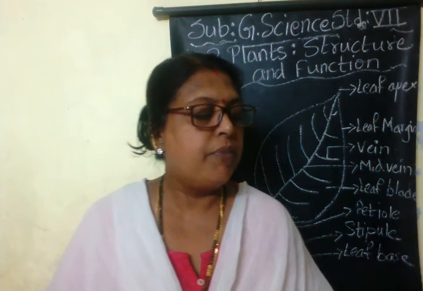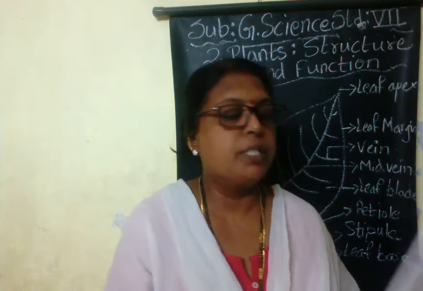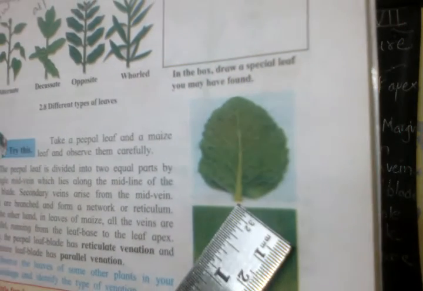Thus the peepal leaf has reticulate venation, whereas maize leaf has parallel venation. You can see, I will show you in the picture, children. See this photo. This is the leaf of this peepal, which is having a midrib. If you fold from here, exactly the leaf will get folded, and it has many small veins, a network of veins in it. So it is having reticulate venation. Here in the leaf of maize, you can see all the veins are parallel in standing position. So they are said to be parallel venation.